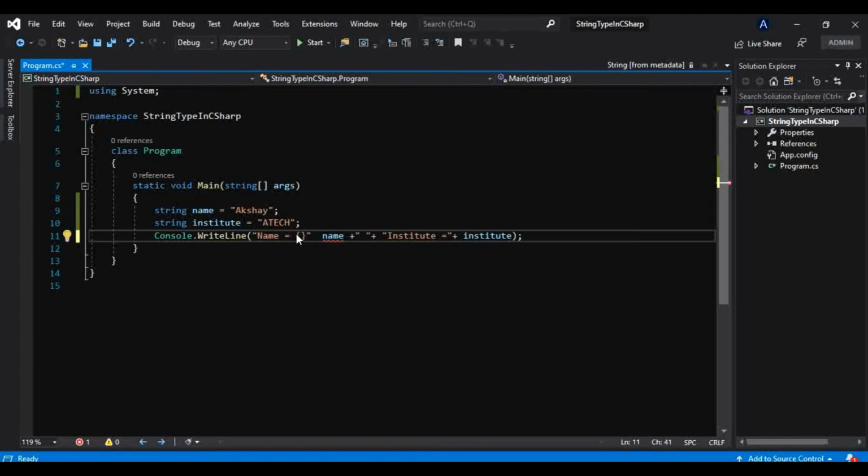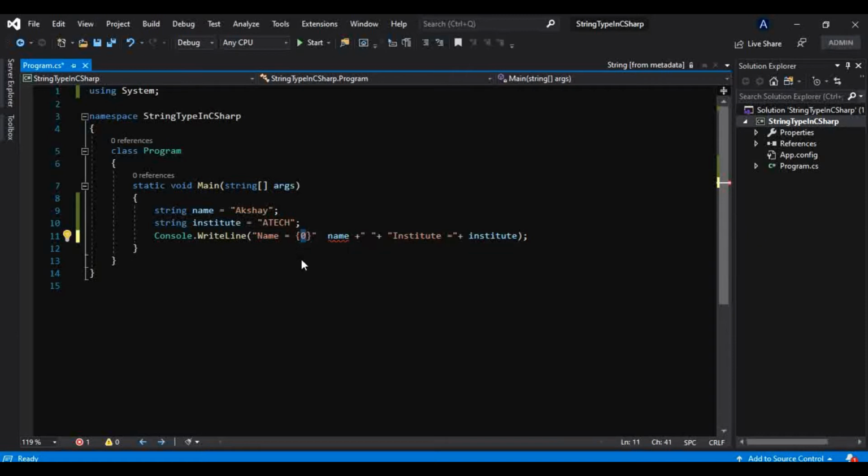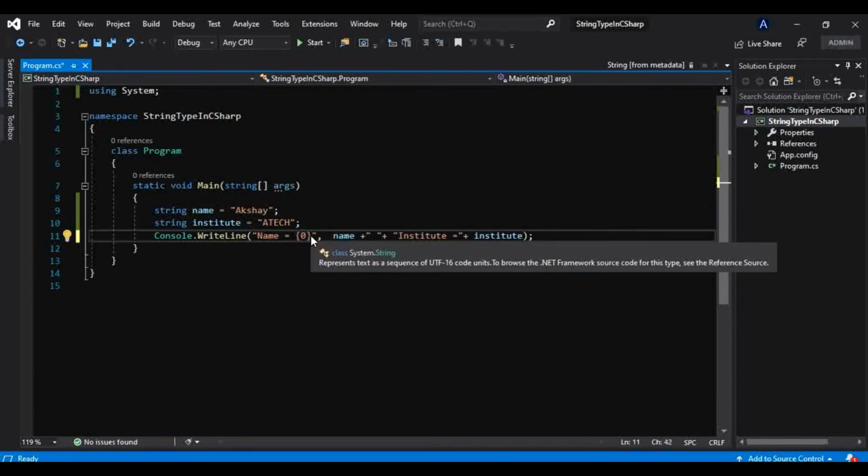So how can we use them? Use these curly braces, and inside the curly braces just put the number, and this 0 indicates that whatever comes first after the comma will be replaced with this placeholder. I will show you, you will understand that.